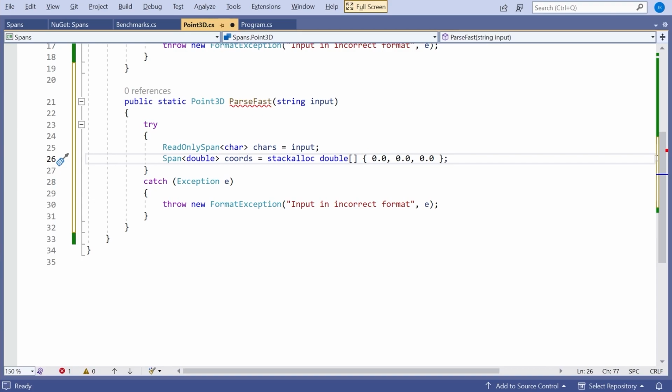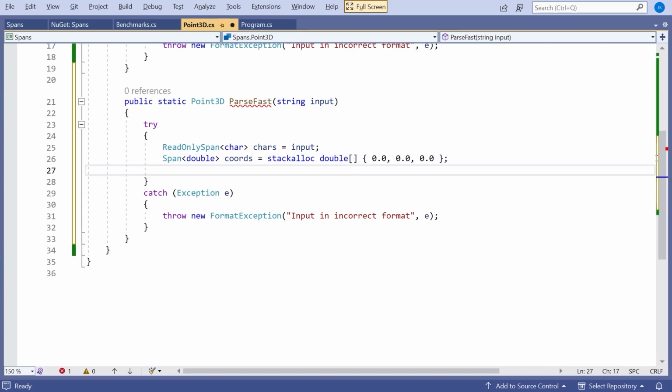Then the next thing we need to do is we need to also have a further span of char, which we're going to use to store each of the numbers, but still in their textual form. So I'm going to call this number. And so, for example, if we've got the number 1.1, this is going to contain the 3 characters 1 and the decimal point and 1. Now, a slight problem we have here is we don't know how big the numbers could be.